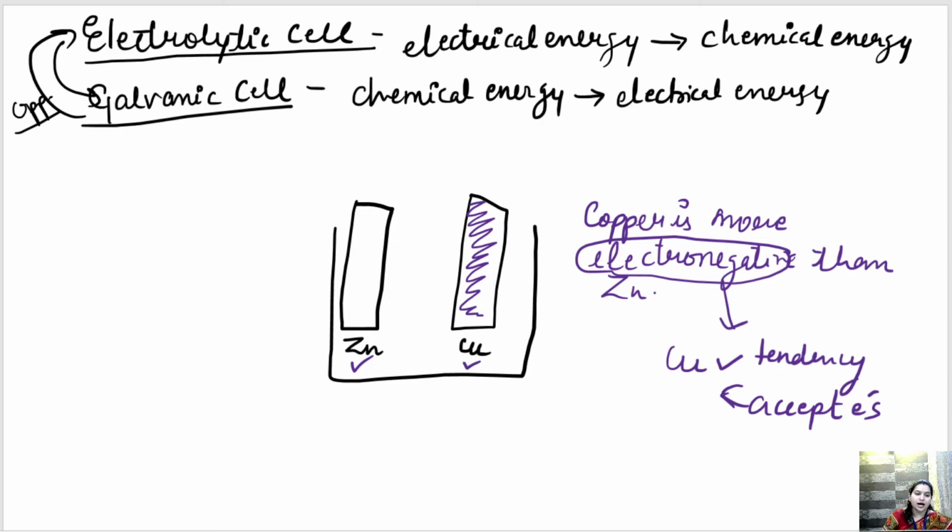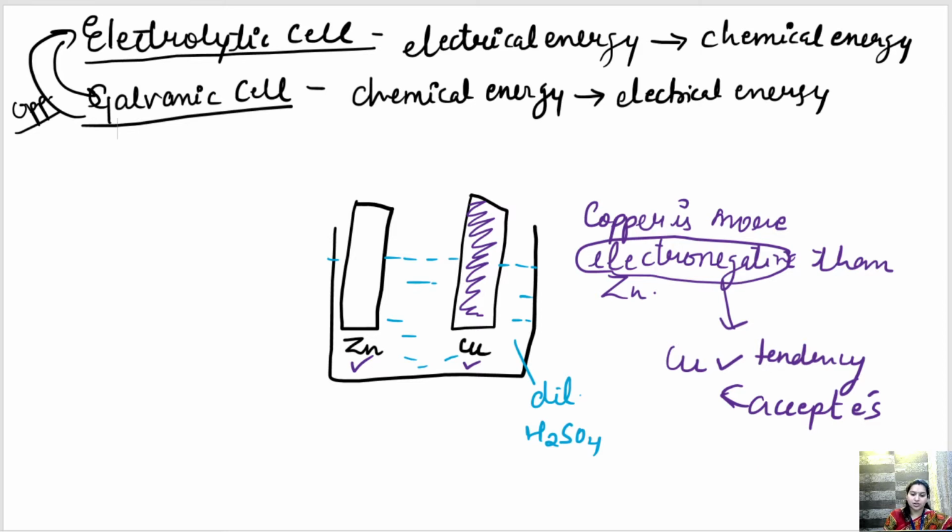Okay, again what we are going to do, we are going to take an electrolyte. What electrolyte are we going to use here? The electrolyte that we are going to use here is dilute sulfuric acid. What is dilute sulfuric acid? It is H2SO4. H2SO4 is acting as the sulfuric acid.